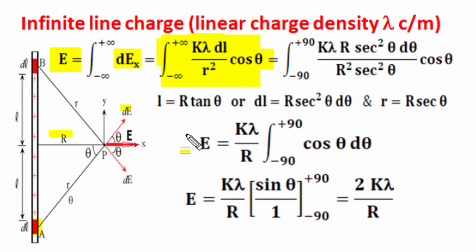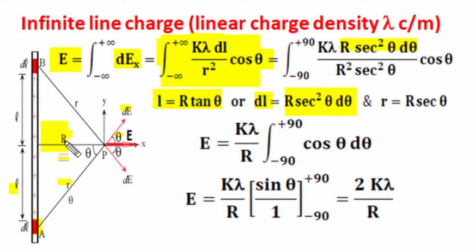Now here this length section, this distance of observation position, and this angle of electric field component and x-axis are all variable. To make integration convenient, we have to convert all these variables into one variable form, and for that we will use this perpendicular distance of observation position capital R. In this triangle, L and R have a relation of tan theta. L is equal to R tan theta, and when we differentiate, dl will become R sec square theta d theta, as the differentiation of tan theta with respect to theta is sec square theta. So in place of dl we can write R sec square theta d theta.